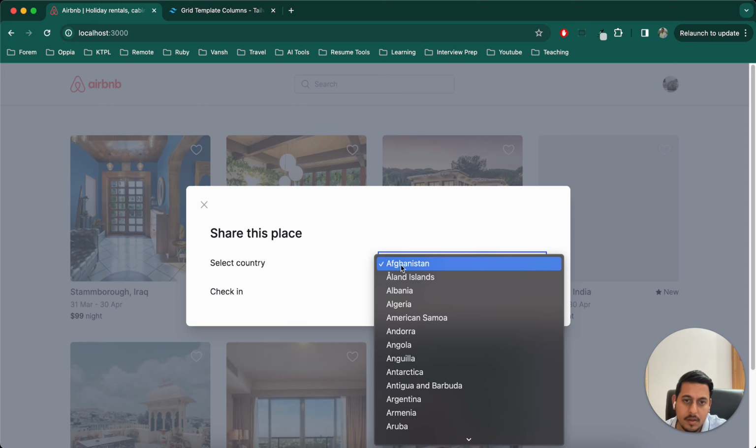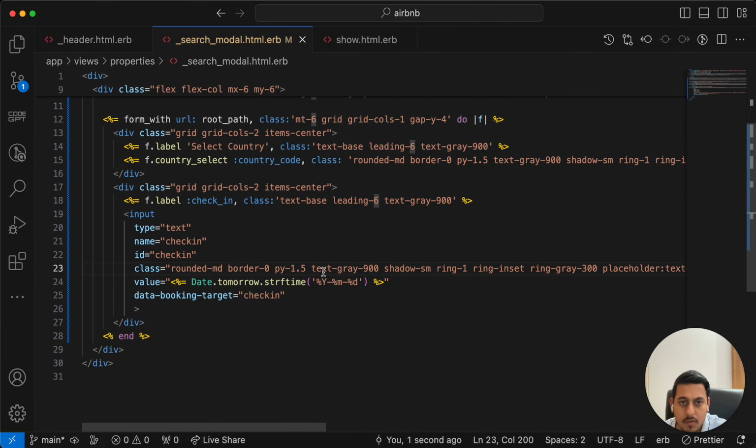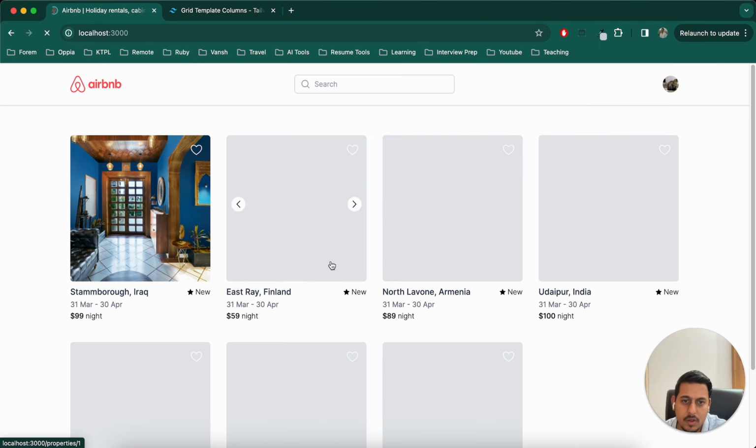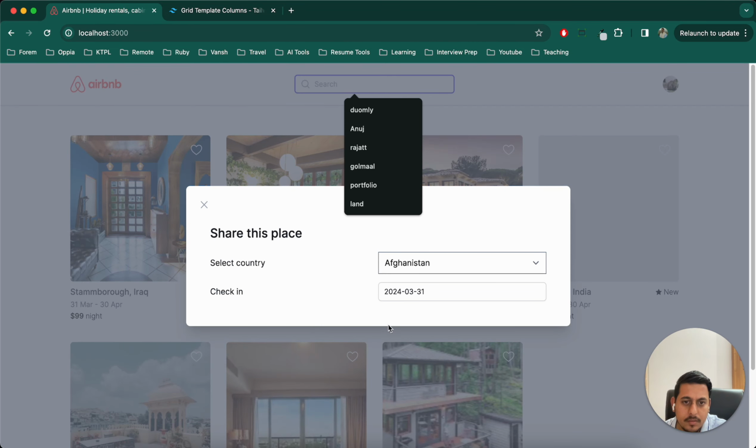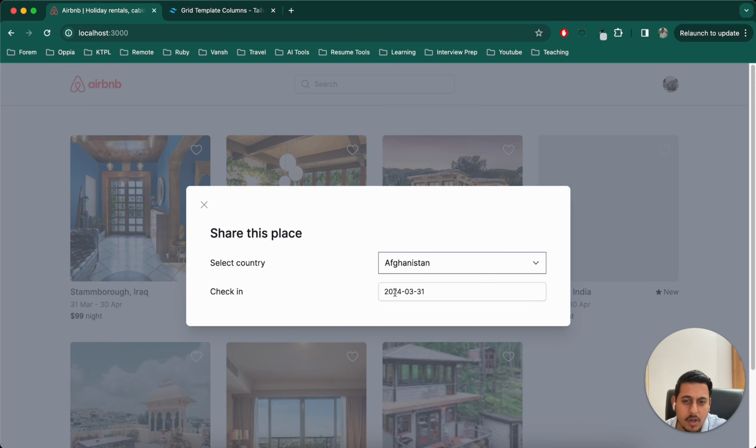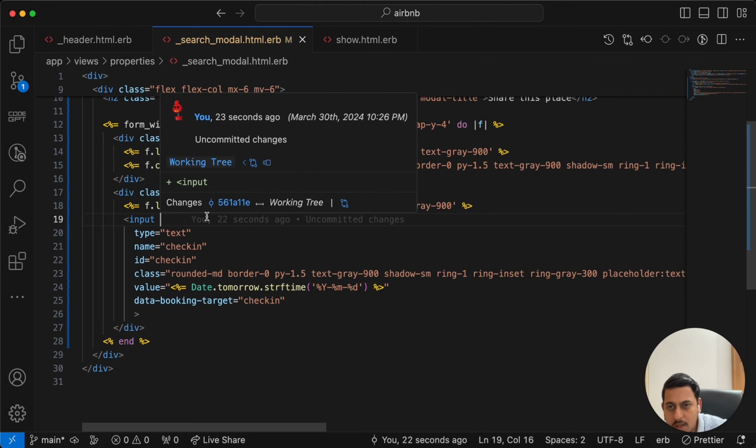Okay, fine, but we need something similar for the above one. Why are these two different? Maybe because country code is getting overridden in some class. We'll fix that later, no worries. Now we want to make it clickable, right? So for that